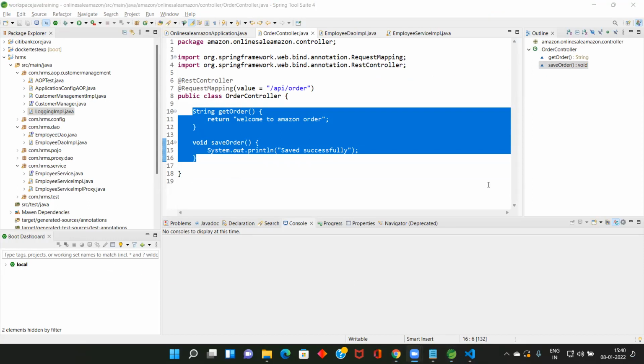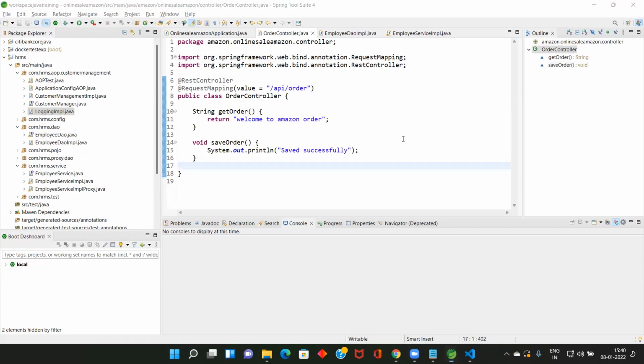I even shared it in chat if you want to cut and paste. I told you that we can call this class or this method from the browser.